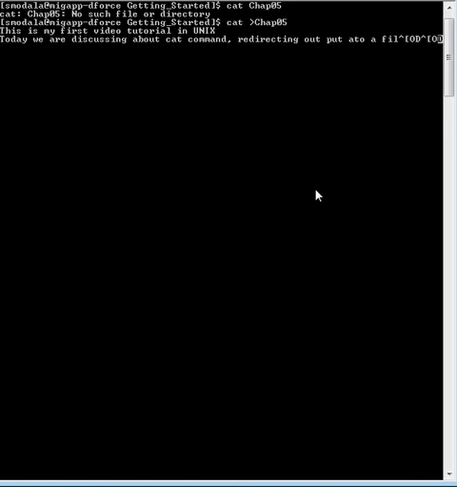Sorry, there are some spelling mistakes. Output to a file and feeding output of one command to the other command as input.